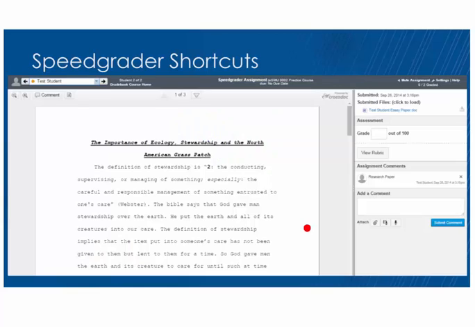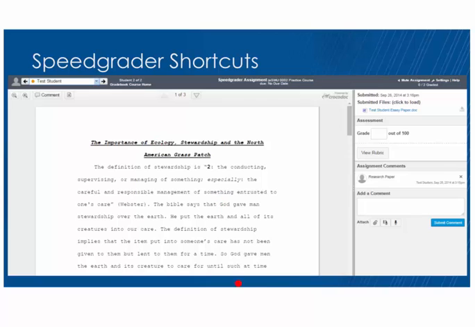So the first thing I want to look at is SpeedGrader. I know for many of you, I've talked about the ways that we can make SpeedGrader go a little bit faster. A big concern is you're putting a grade over here in this section, you're putting in comments, and you save that, and then you have to go back way over here to go to the next student.